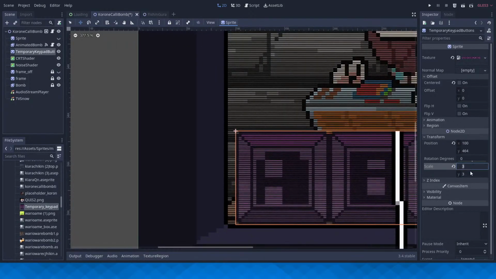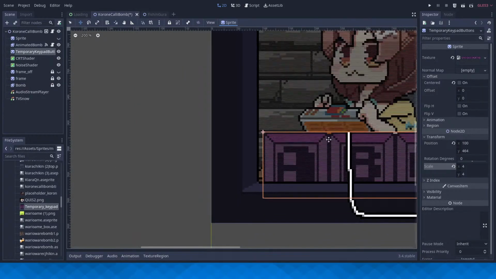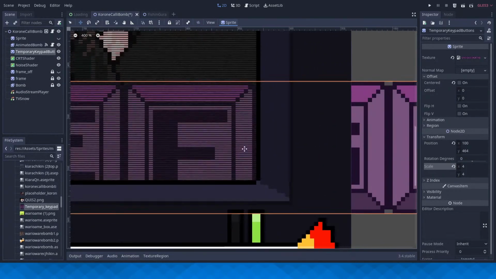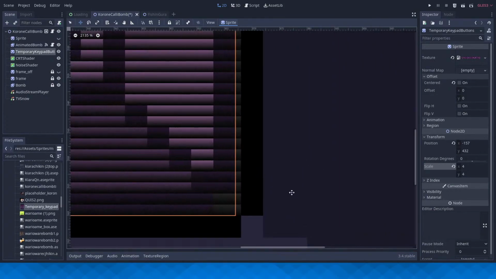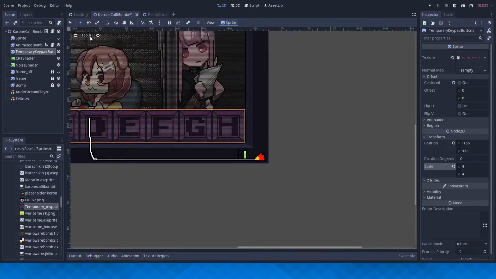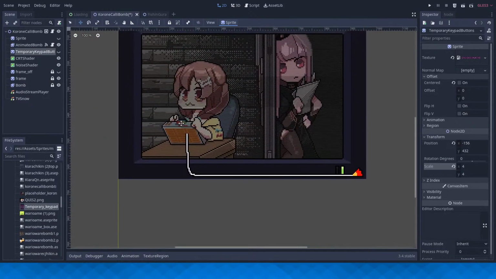So, for now I'm just going to put these back on 4x4 scaling. Put this back in the corner right here. And for now I'll just hide this node and forget about it for now.